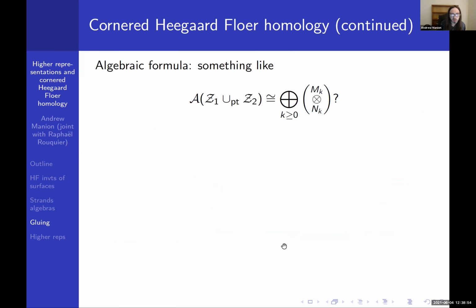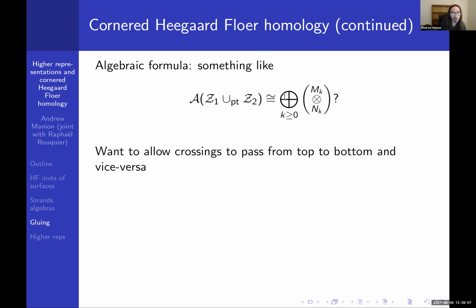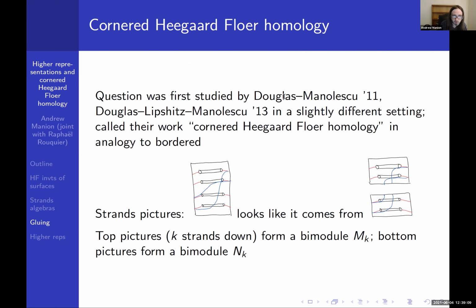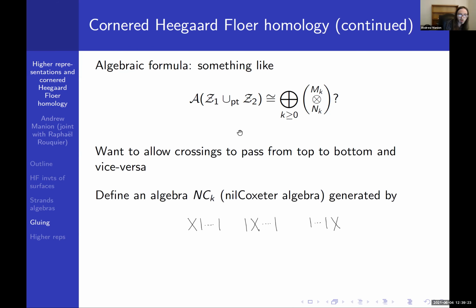Okay, so it looks like you want some type of formula like: the algebra of the glued together thing is a direct sum over all possible numbers of strands that go through of the top thing tensored with the bottom thing. But you have to be careful that crossings are allowed to float through. If we look at this picture, we see this crossing up here on the top, but on the left I can equally well isotope that so they cross on the bottom piece rather than the top piece, and I have to allow that. So that means when I take this tensor product, I'm going to do it over a certain algebra